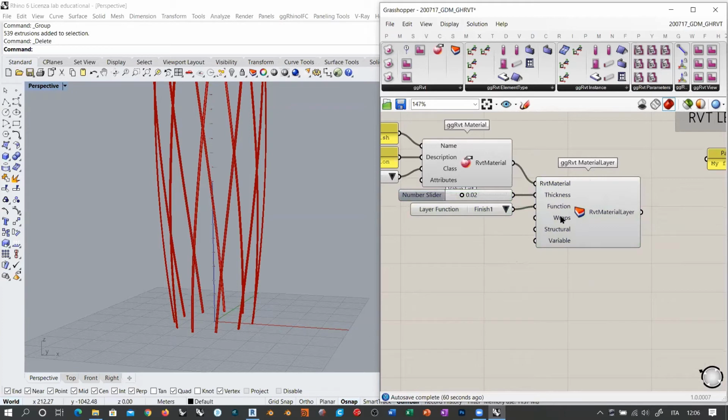You see that there are wraps. And this is another occasion where you see that there is a structural, and structural, once again, is by default set to true. Now, wraps, I will leave this to true, because this is something that, for example, allows Revit to understand if a particular layer wraps around a corner. So I don't know if for some reason your floor is not connected to a wall,